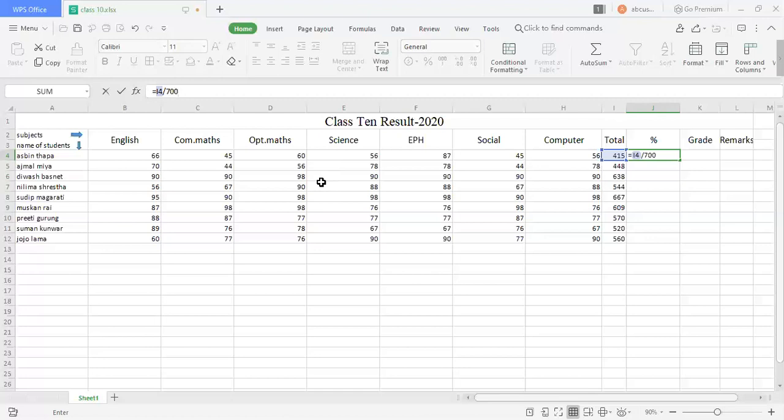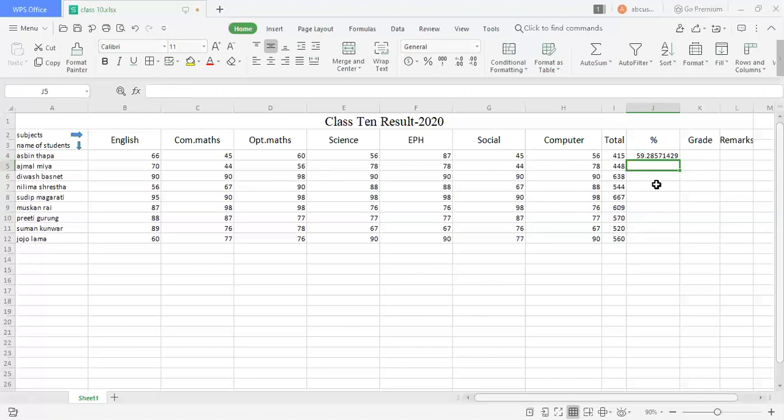Total obtained marks divided by total full marks 700, and then we have to multiply by 100. This will be the percentage value. Let me hit enter. Here the percentage value is automatically calculated, 59.2857 and so on.